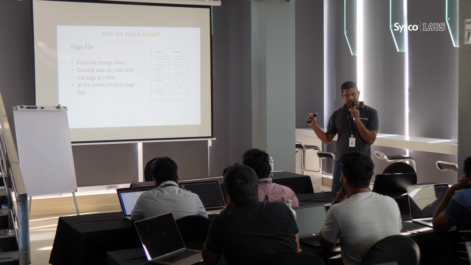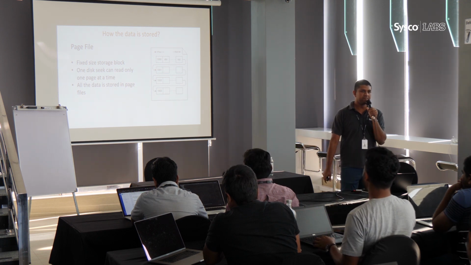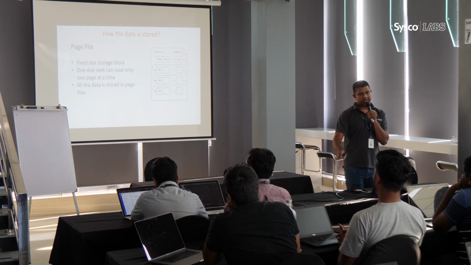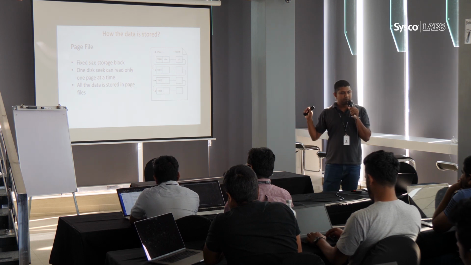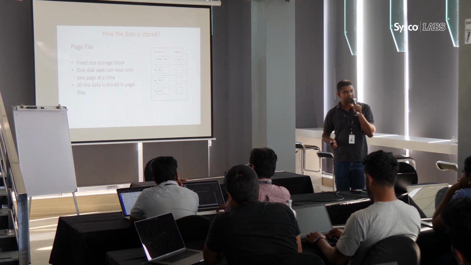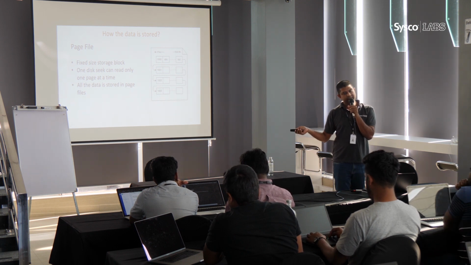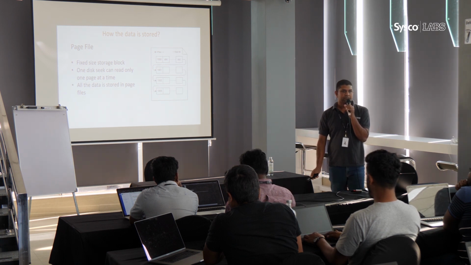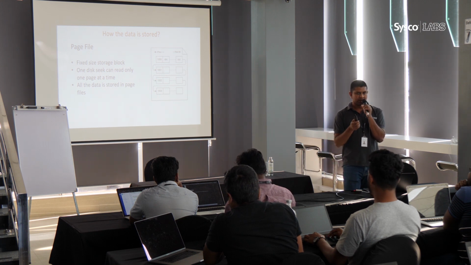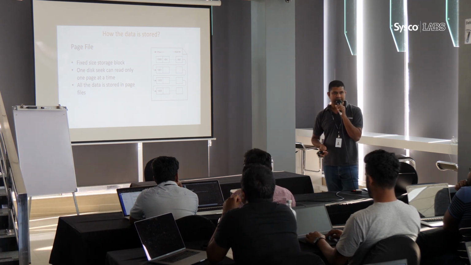So all the data, regardless of the type, whether it is an index, a data file, or an image, if we store it in a database, it is stored in page files. That's the basic idea. And more importantly, those are fixed size. In most database systems, it is a server level configuration, what your page file size is. If you think of MySQL, the default is a 16 kilobyte page file, which means in one disk seek you can read only 16 kilobytes of data, right?